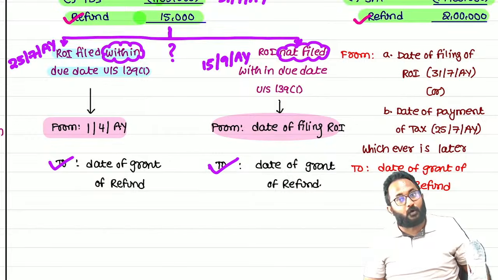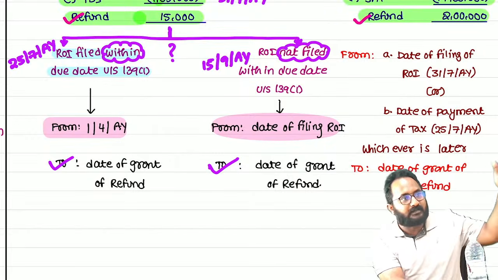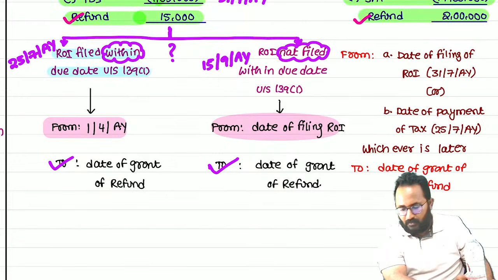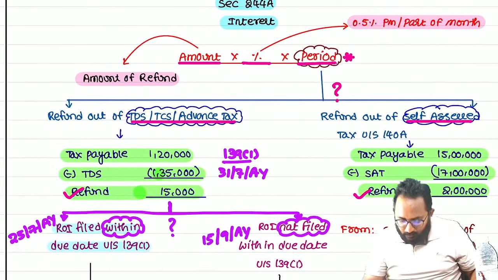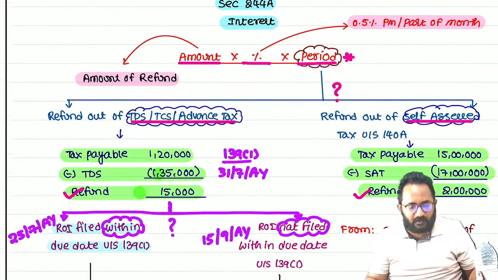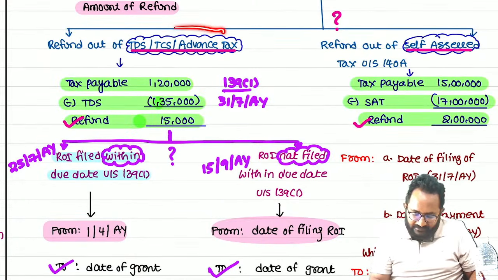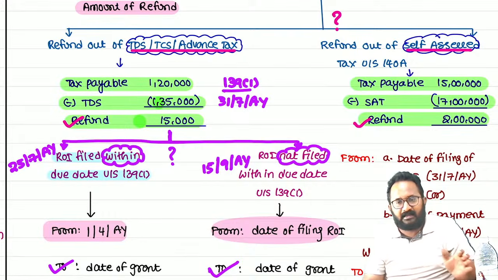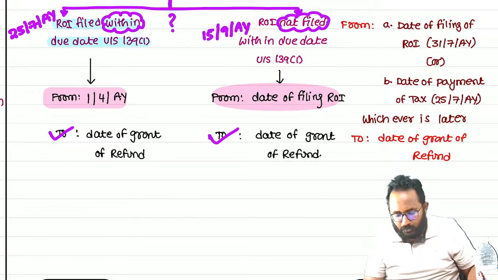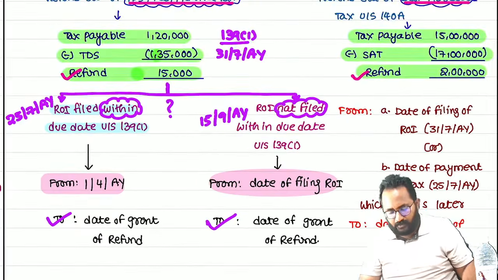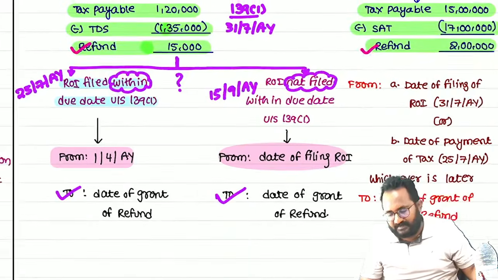If you file before the due date, interest computation starts from the first day of the assessment year. If you understood, we are starting the thinking related to period: whether we are getting the refund from TDS, TCS, advance tax or self-assessment tax. Okay, we decided we got the refund from TDS, TCS or advance tax. The next question is whether you filed the return of income before the due date or after the due date. Okay, period. Next, if we got a refund from the self-assessment tax,